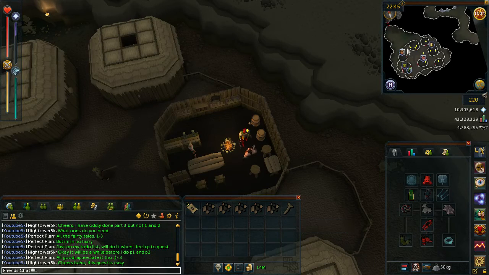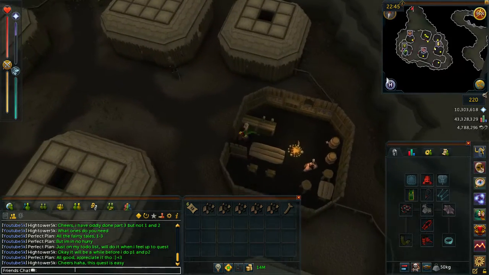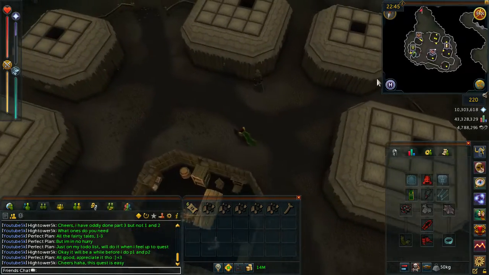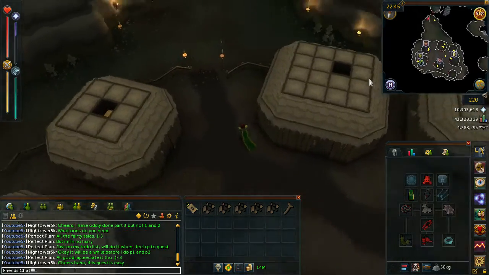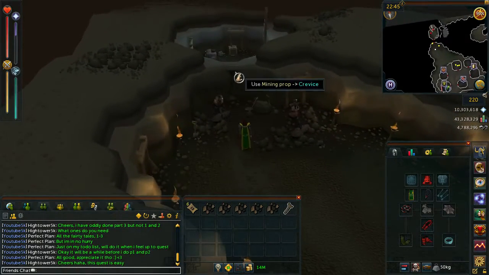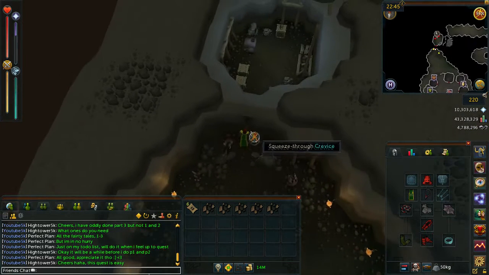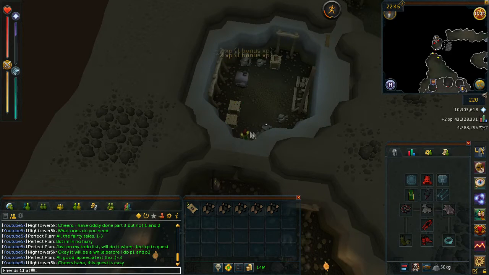So you've now been given a mining prop. We're going to go ahead and use this and get into the next cave. So you want to head just up to your north where there is a wee opening in the wall. You then want to go ahead and use your mining prop on the crevice. Once you've put that in there, you'll then be able to squeeze through the crevice and you'll land up in